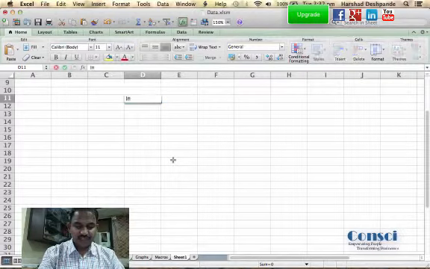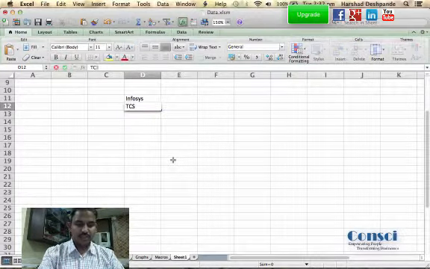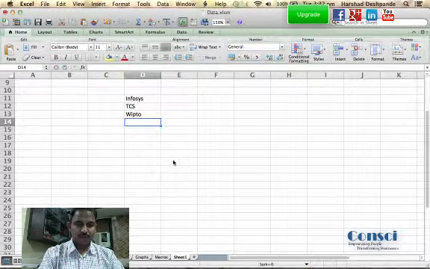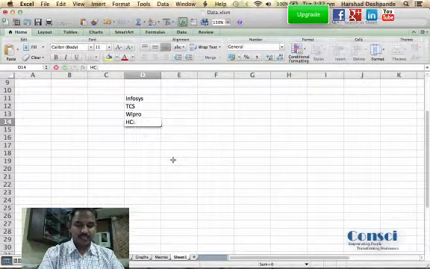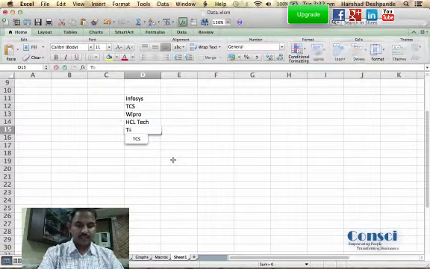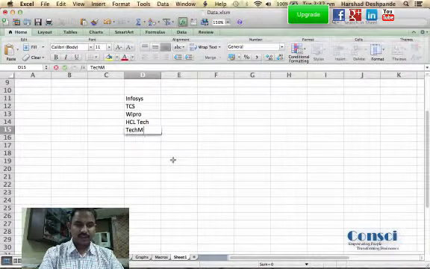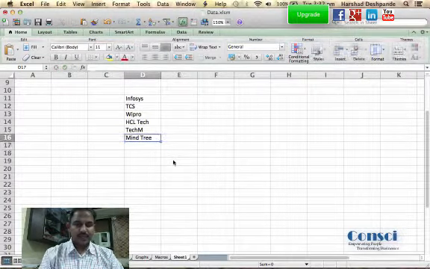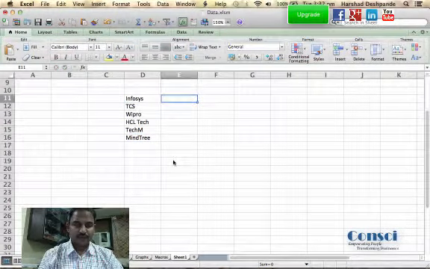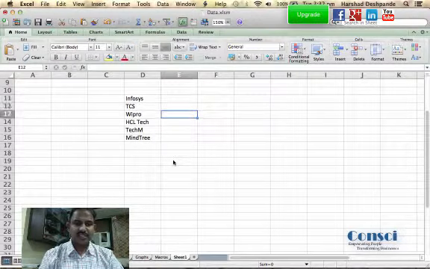So I'm just taking some names over here of some IT companies: Infosys, TCS, Wipro, HCL Tech, Tech Mahindra, then Mindtree, etc. These are the few names that I have taken, and the typical rating that I would give is buy, sell and hold.